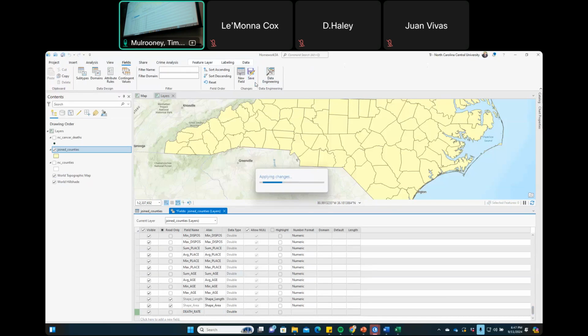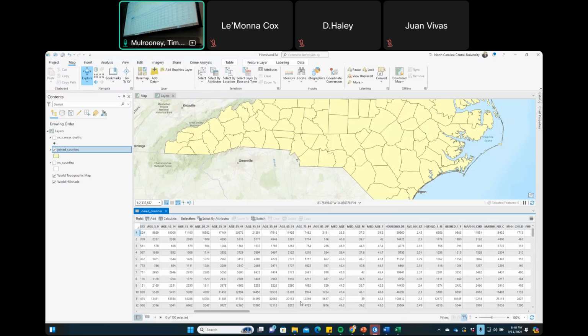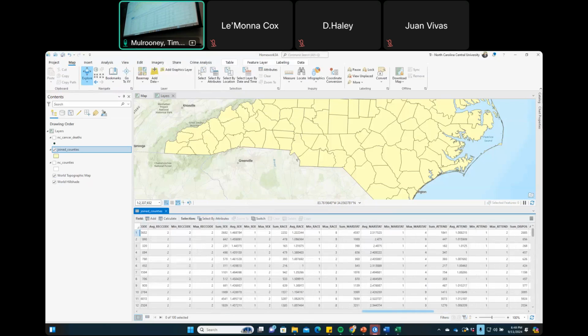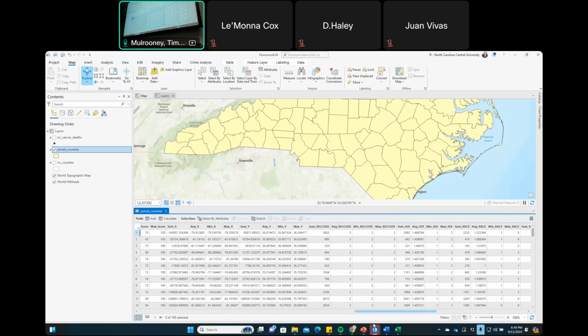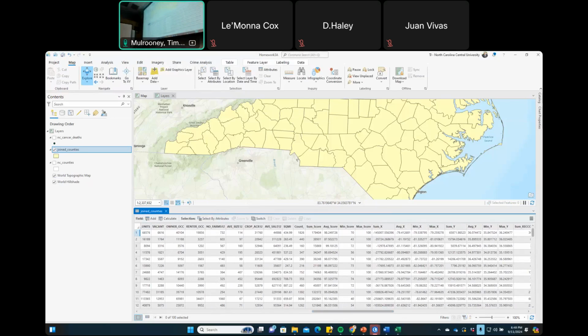And I'm going to click save. And I'm going to record this so if you need to go back and revisit this, because I want to get to the point where we make that scatter plot. Okay, so this is my fields view. So I got a brand new column. How do I calculate the death rate? What column represents the total number of deaths? Yep, exactly. So I got this count.